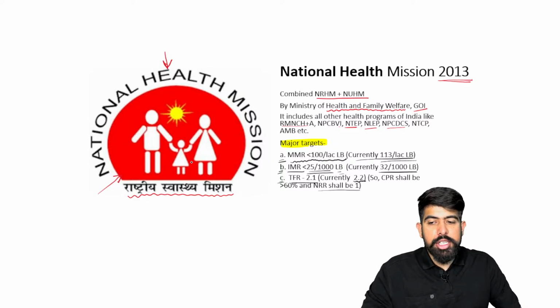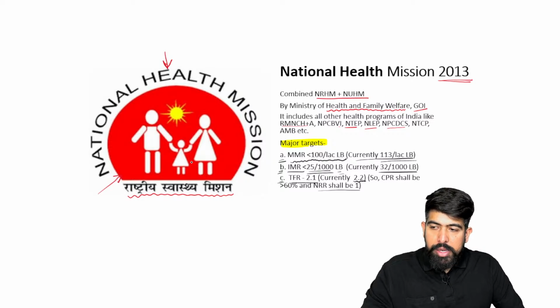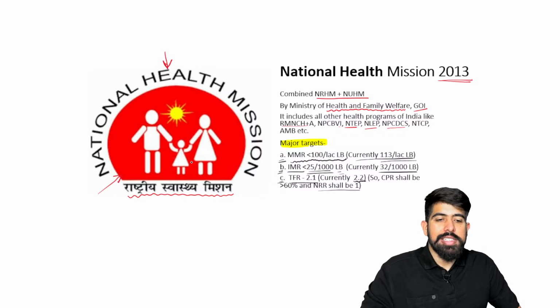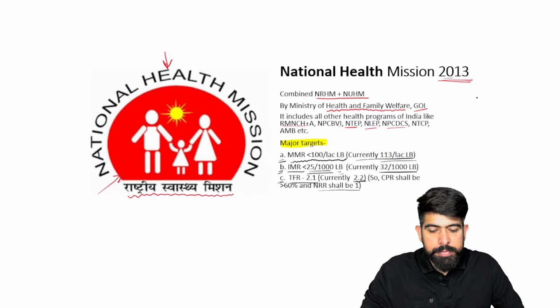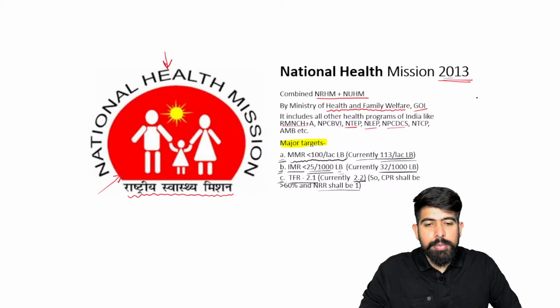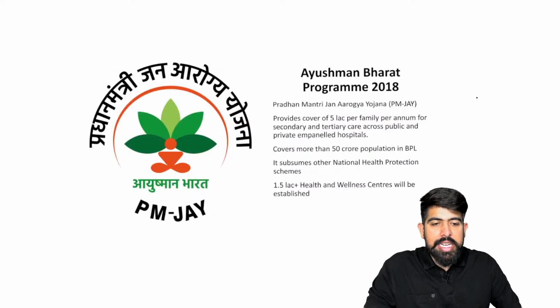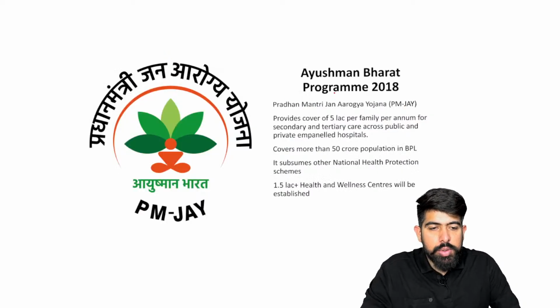And the last one is the total fertility rate. In the total fertility rate, we have 2.1, right? Our target is 2.1, but currently it's running at 2.2. So this is all about your National Health Mission 2013, right? I hope you understand it very well, right? Moving forward to the next one, which is known as